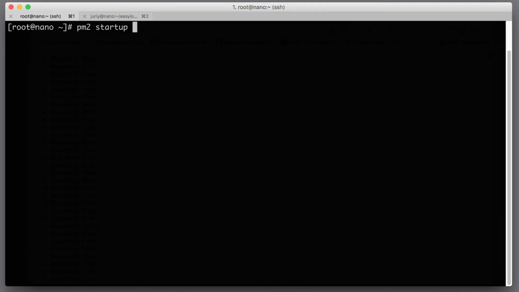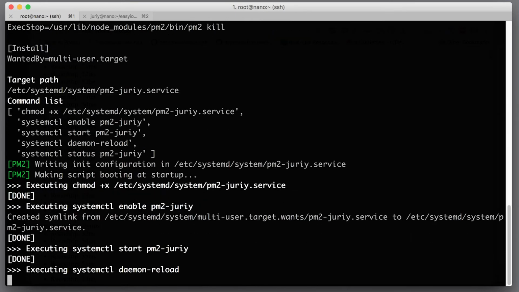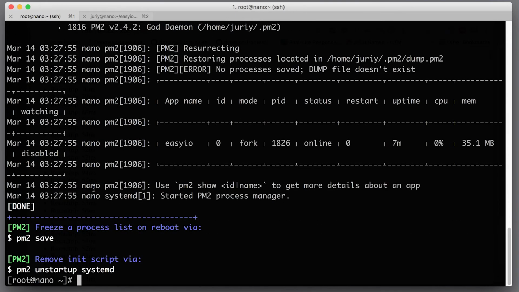PM2 will try to find it out automatically, but it didn't always work for me very well, so I just prefer to tell it straight away. We are using a startup system that is called systemd. This is the startup system on CentOS distributions, at least on recent ones. And now we will tell the username that will be used to start PM2, and also the home path, the path to the home folder of that user, and the user is living in home Yuri. Now let's hit enter,